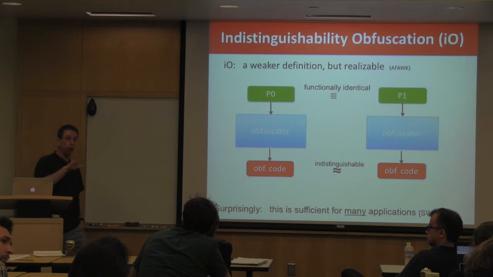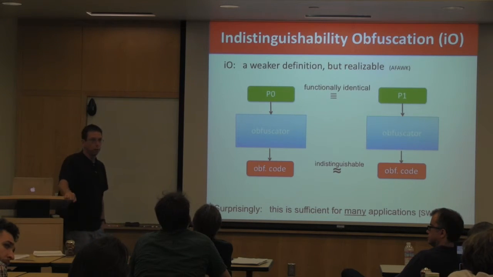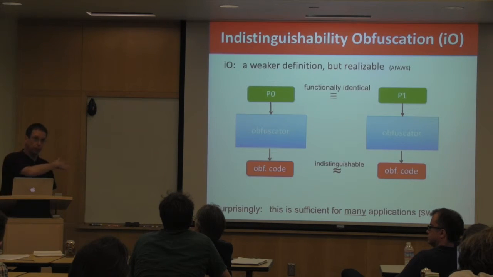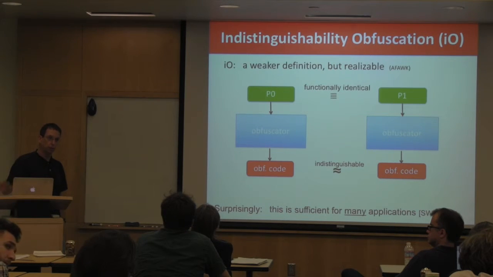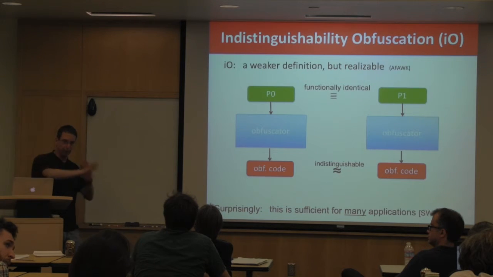Oh, the obfuscator always runs in polynomial time. That's a requirement. Oh, actually, unbounded obfuscator is equivalent to VBB. Yeah, that turns out to be not realized. We can't obfuscate under those settings. Yeah, so that's a different... Yeah, so we're going down. That's a complexity discussion, so let's unwind a little.